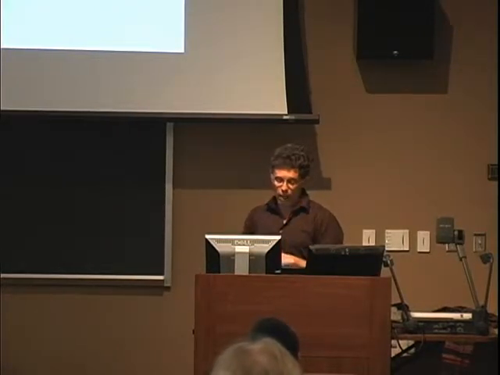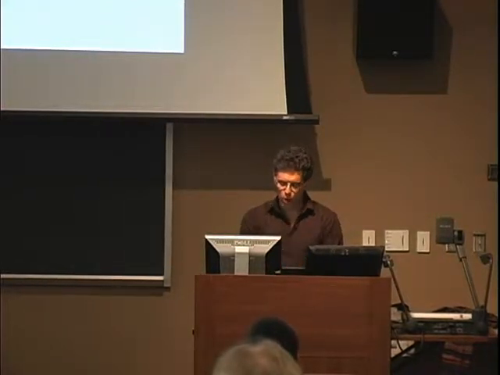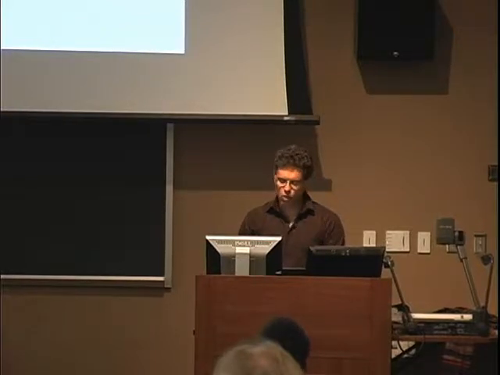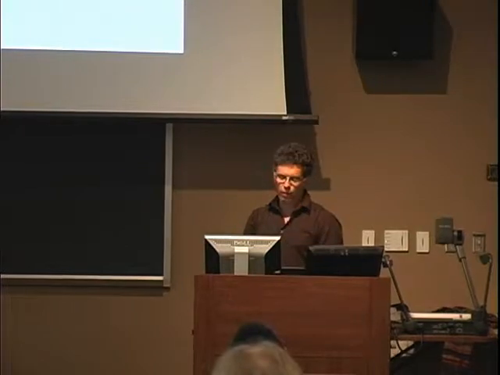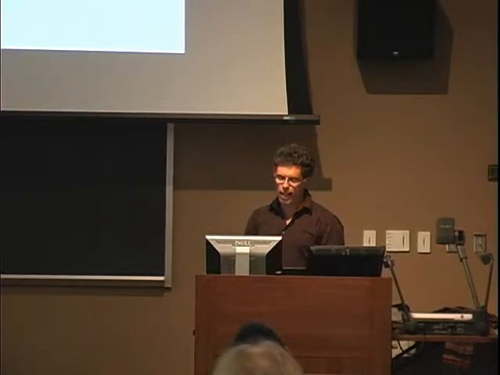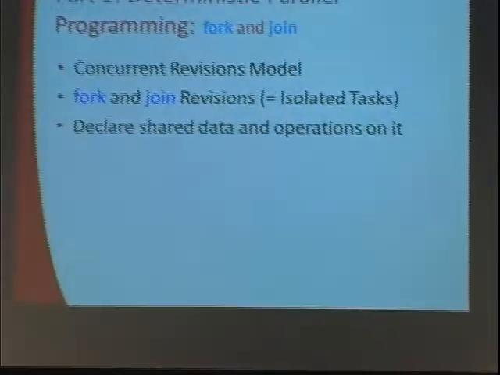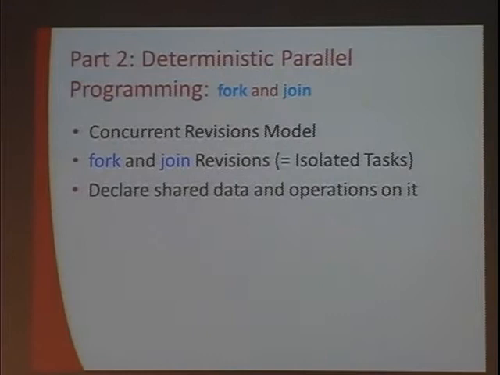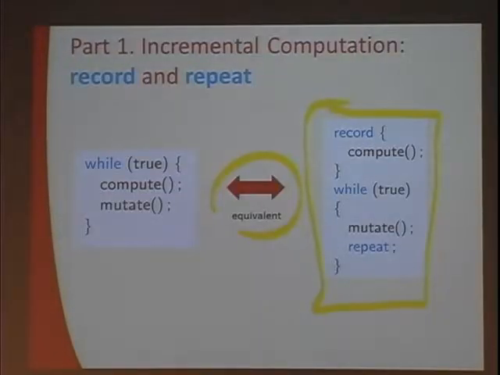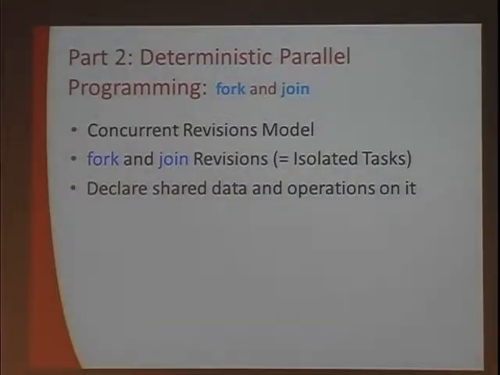Now, I haven't said anything about parallelism or how we're going to achieve this, or in fact about performance. I mean, we want some good performance, but we think of having this ability to really say, here's a piece of code, and I want to record its effect, and then replay it or repeat it after a mutation. Okay. So now the second part is our parallel programming model. If our compute phase is sequential, then previous work has shown how to do this transformation and make it efficient for certain types of programs. But the question is, how would you do that if you were going to parallelize your compute phase?